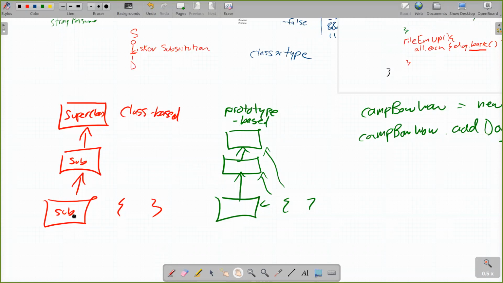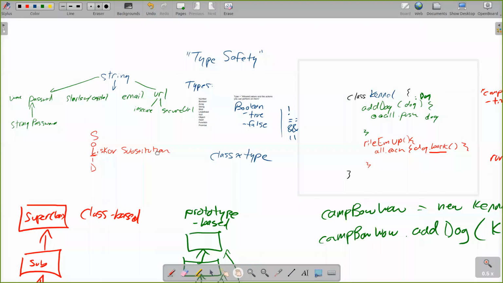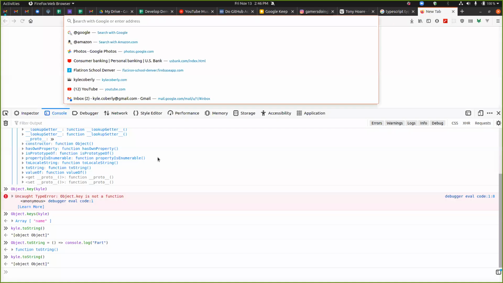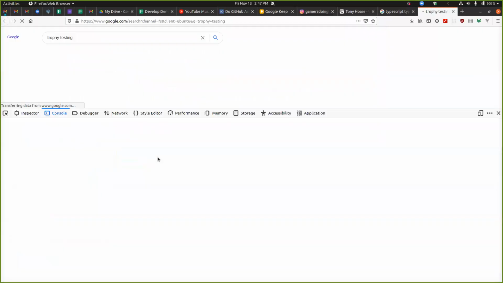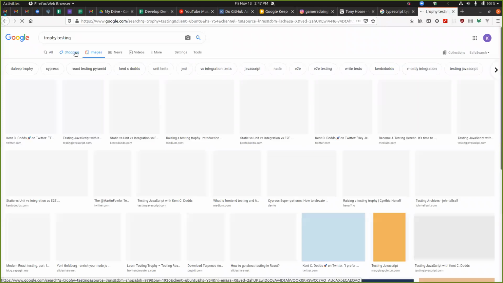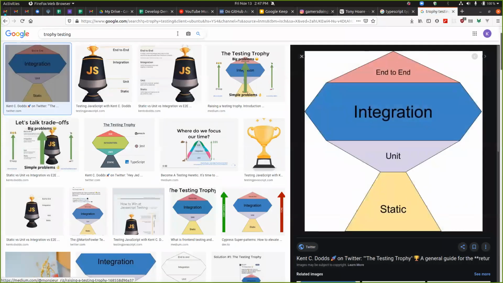It seems to me like this stuff is really useful to know for writing tests. For types? Mm-hmm. Yeah, definitely. So one of the things that's become popular over the last couple of years is this thing called trophy testing. It looks like this. So this is Kent Dodds, who's a popular testing guy on the internet.